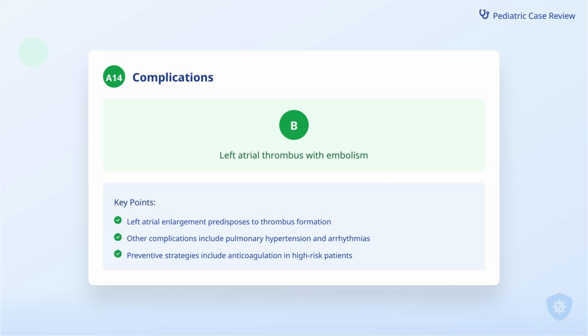The correct answer is B, left atrial thrombus with embolism. In this 13-year-old with long-standing mitral stenosis presenting with acute right-sided hemiparesis, the most likely cause is embolization of a left atrial thrombus to the brain. Chronic mitral stenosis leads to left atrial enlargement and blood stasis, which creates a favorable environment for thrombus formation. When these thrombi dislodge, they can embolize systemically, with the brain being a common site, resulting in stroke symptoms such